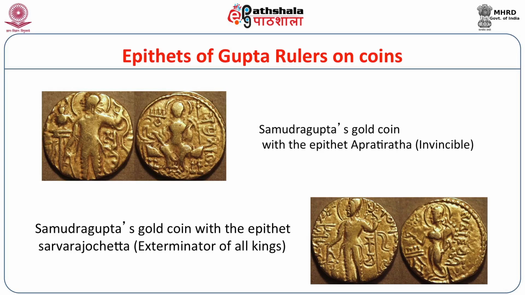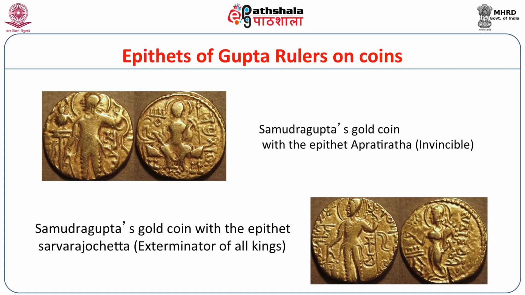And what is the epithet used here on the reverse side of the coin? That is Apratiratha. Apratiratha means invincible. So here the king says that he is invincible. Also, below, in the lower right side of the slide, you can see another gold coin issued by Samudragupta, and here he uses the same archer type, a standard type of coin where the king holds the